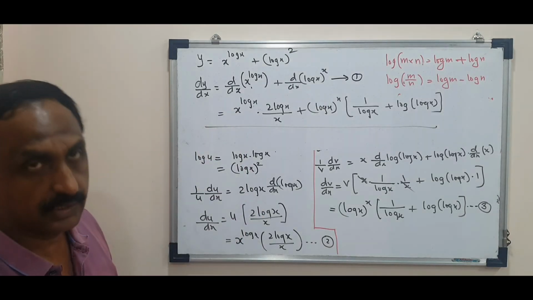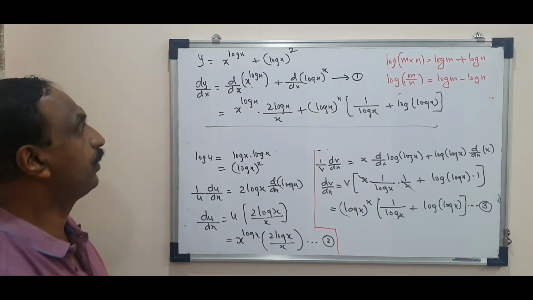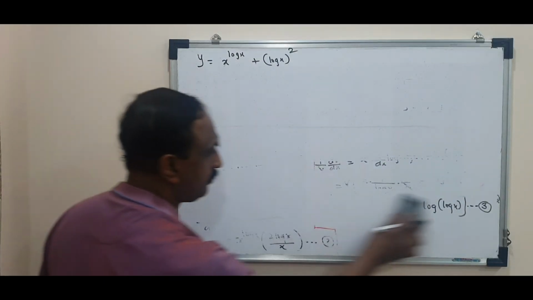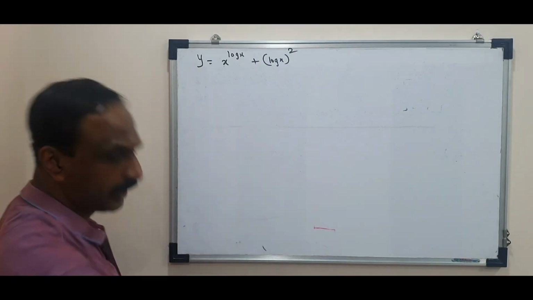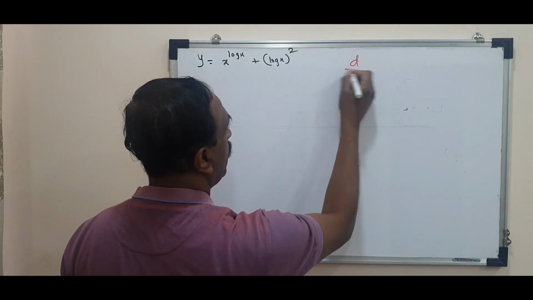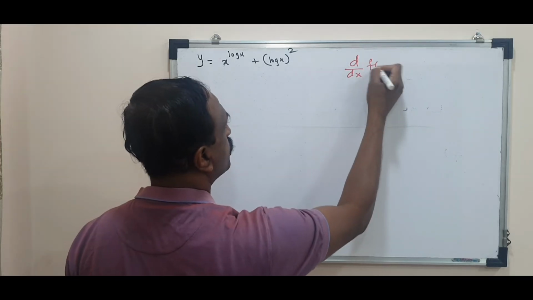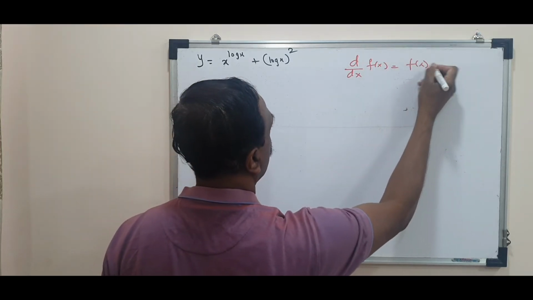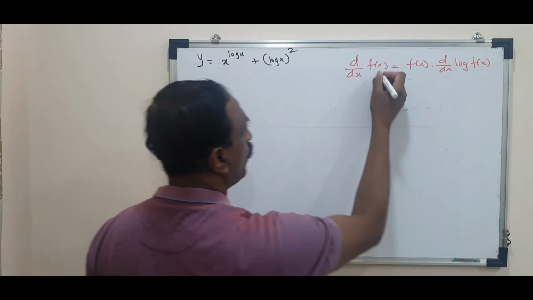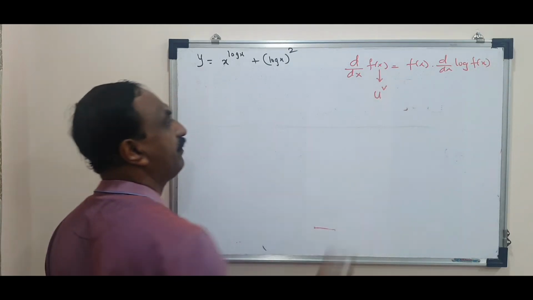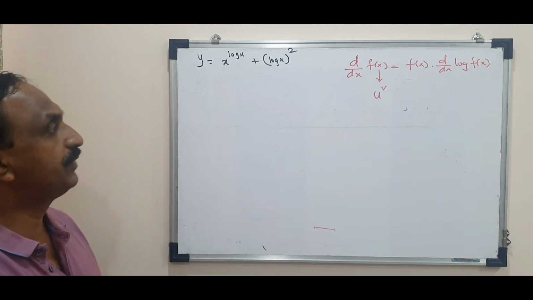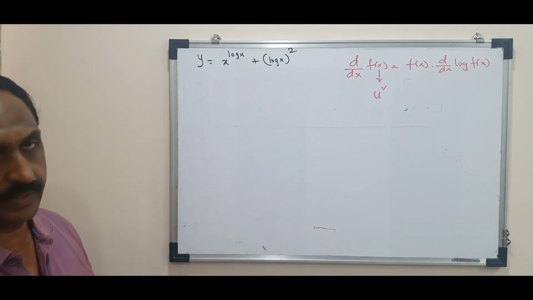Now I'm going to write this in another way. This is one method of writing the problem. Second method, just look at the way I'm doing the problem here, using the shortcut method that I taught you yesterday. What is the shortcut method? d by dx of a function is function into derivative of log of the function. And when do you apply this type of function? Whenever we have u raised to v. So u raised to v, it is convenient. Of course, if many functions are multiplying and dividing, then also we can apply that.